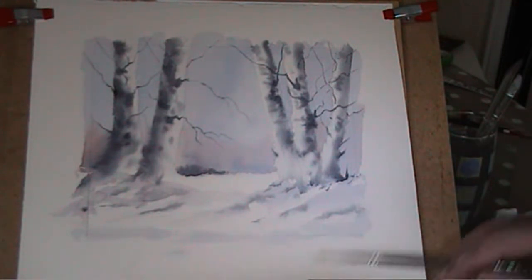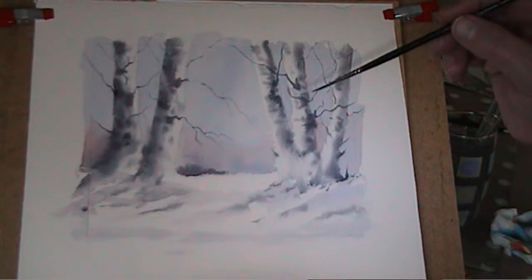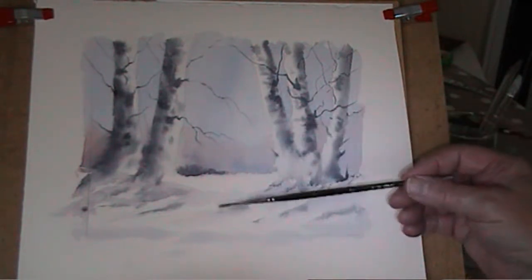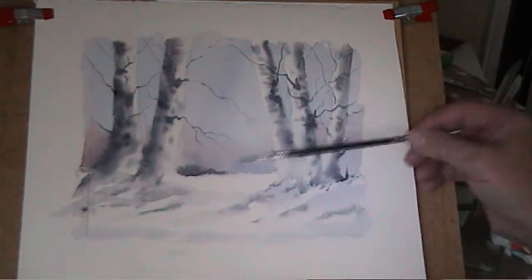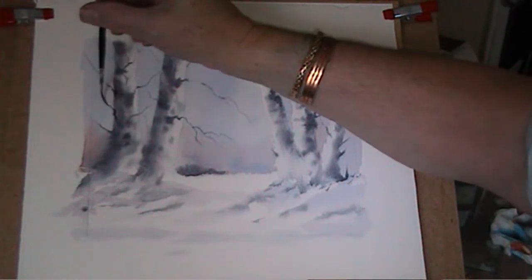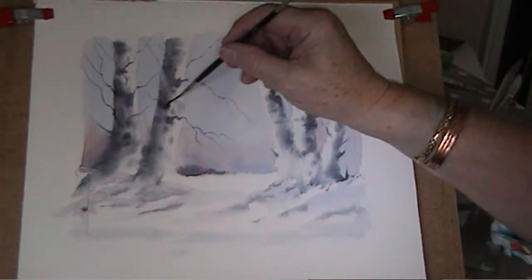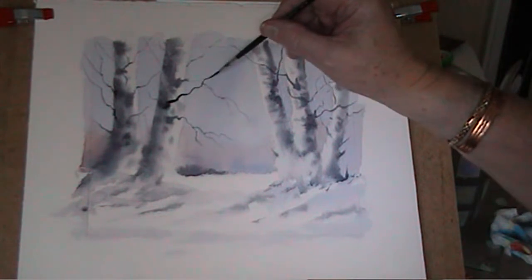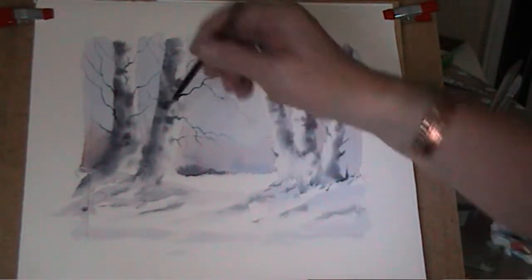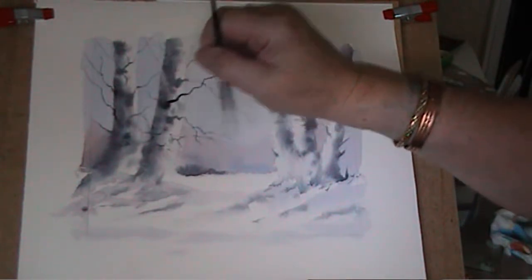So your three colours are viridian, alizarin crimson, cobalt, and just a tilt of burnt sienna for this middle distance. And that's all you need. The stronger you do it, the marks will come. But we don't want it too... all we're trying to do is make a pretty picture. A few branches out here, so...